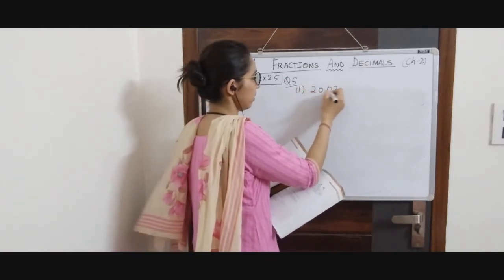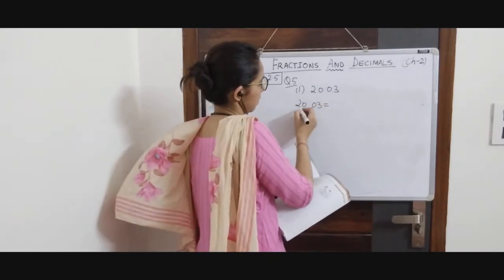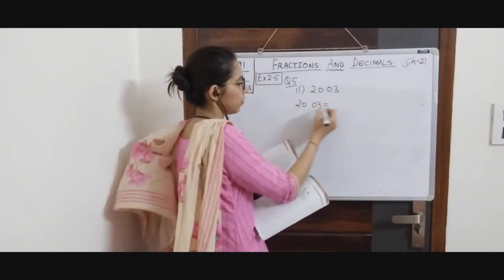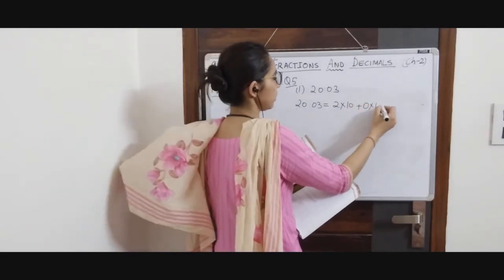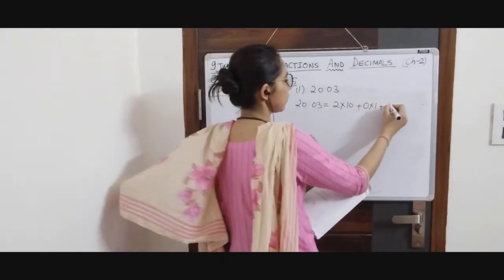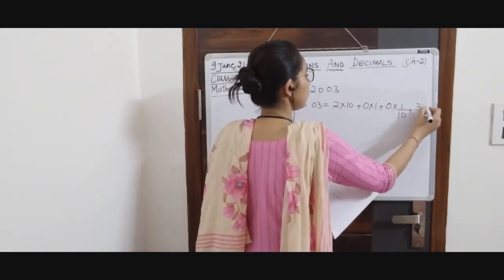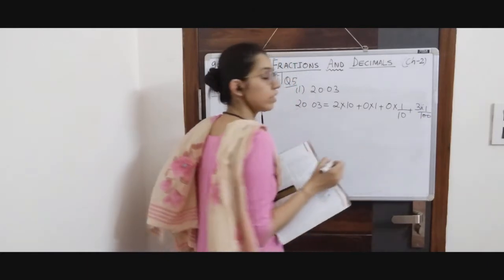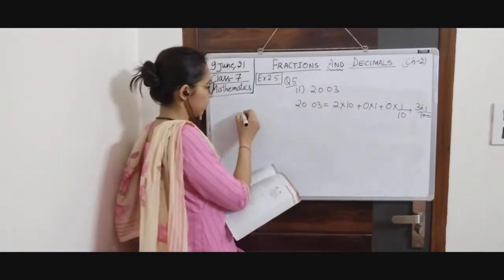We just write this. This is ones, tens place. Tens place means 2 into 10 plus 0 into 1, plus this is your tenth place. Tenth place means 1 by 10 plus 3 into 1 by 100, because it is the 100th place. Okay. Similarly, second part